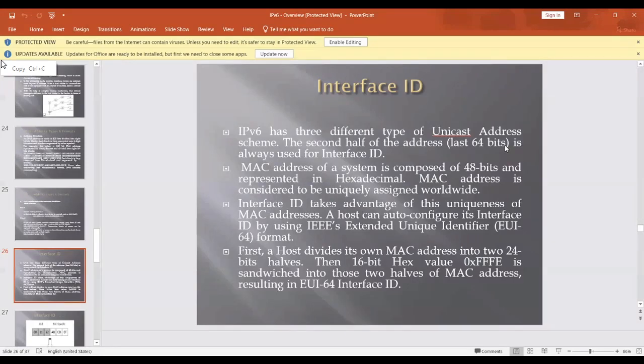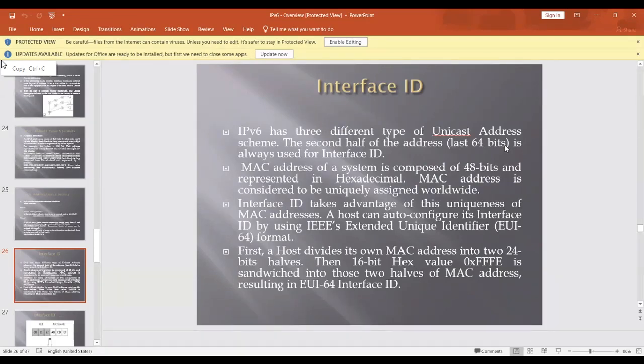But since the last part of the IP version 6 address consists of 64 bits, we have to do some transplant. We take the MAC address from the device and extend it by doing a sandwich of two halves of the MAC address,